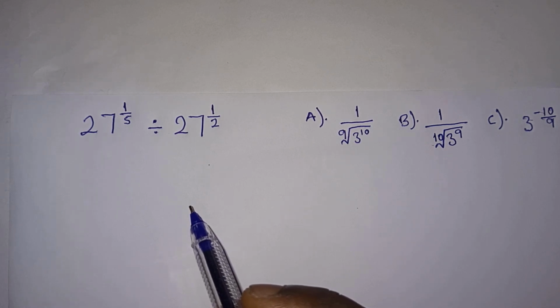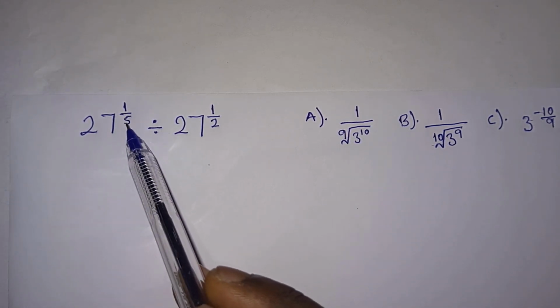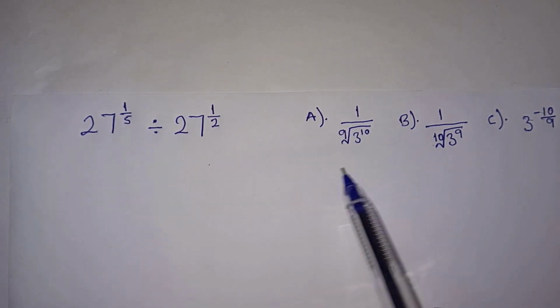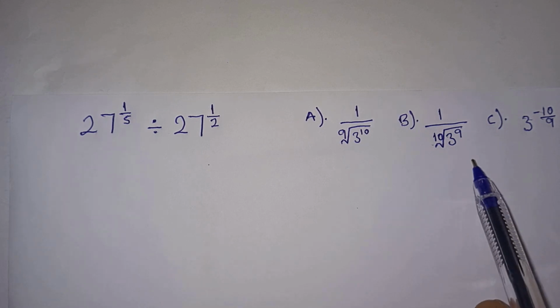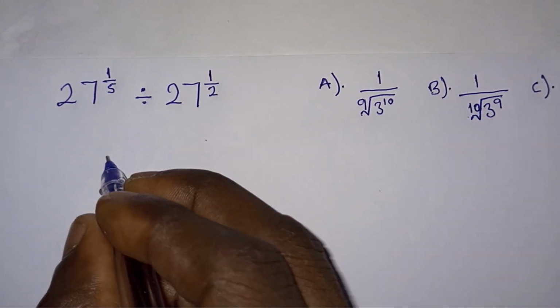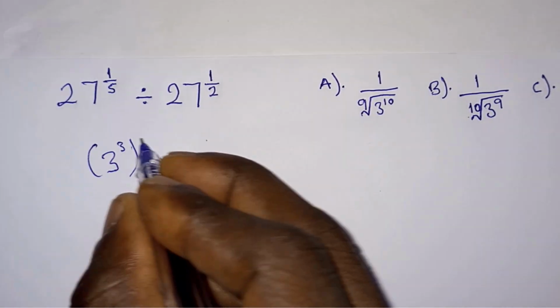Hello everyone. Without using a calculator, what is the value of 27 to the power 1 over 5 divided by 27 to the power 1 half? And these are the options you have to select the correct answer for. So let's get started. 27 could be written as 3 to the power 3, then all to the power 1